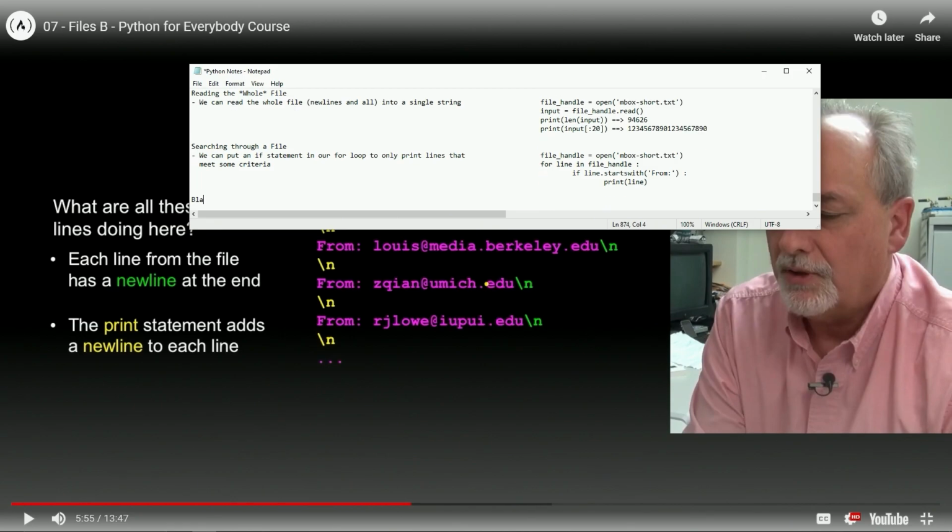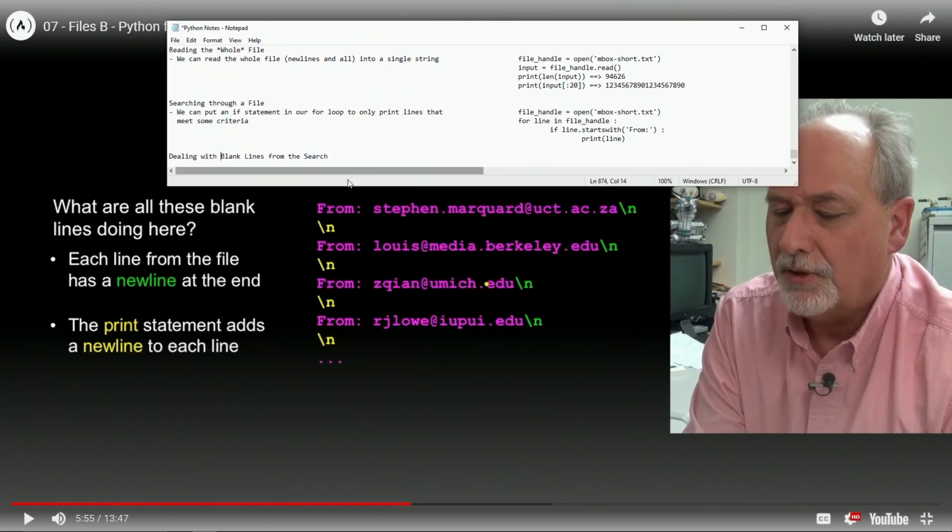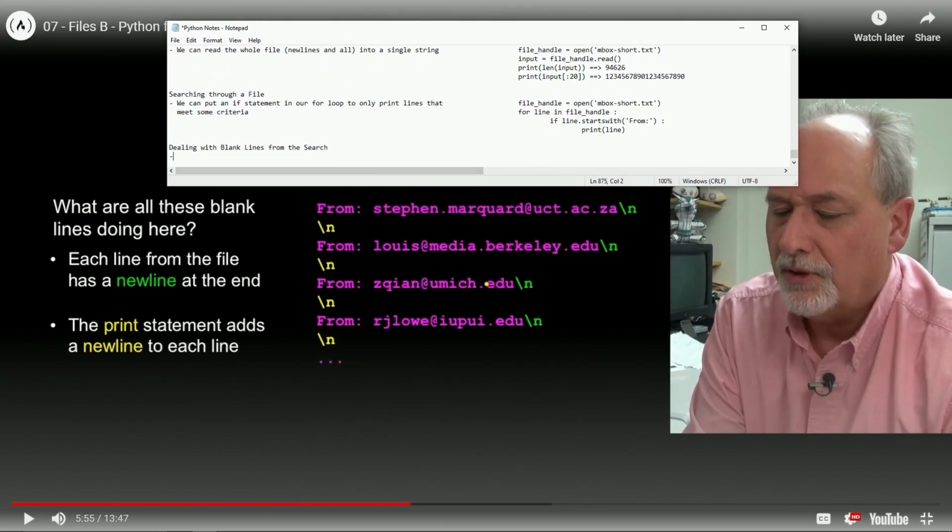Dealing with blank lines from the search. Each line from the file has a new line at the end.